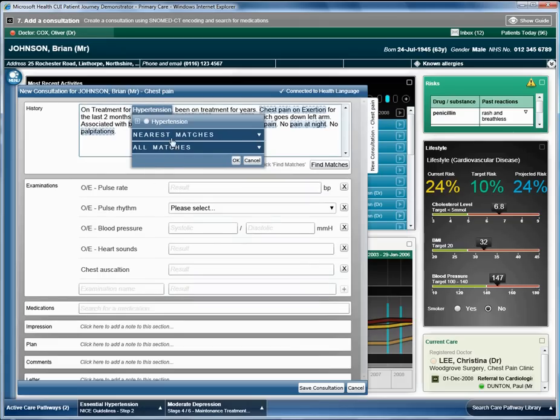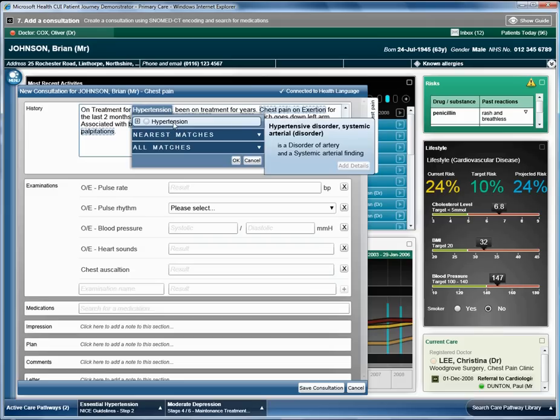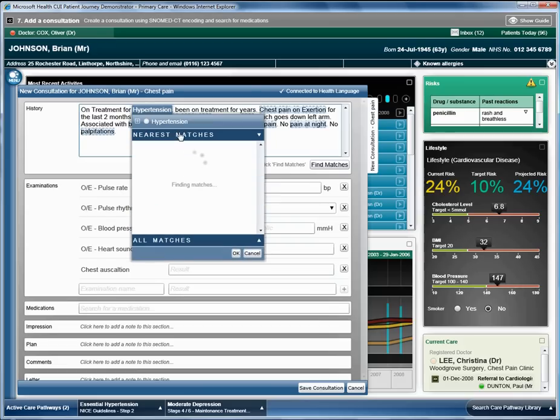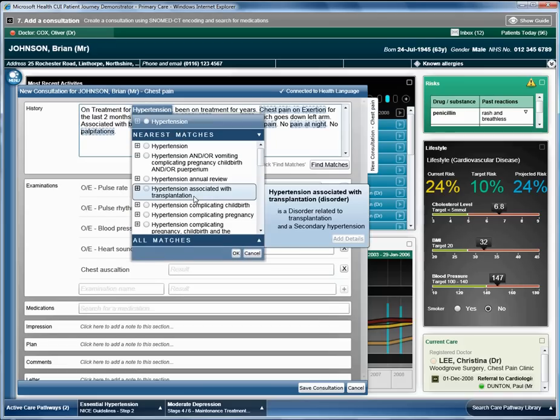A few options are available for finding the correct term. The nearest matching term is shown at the top. Clicking on Nearest Matches shows terms that start with the word originally typed in. All matches show